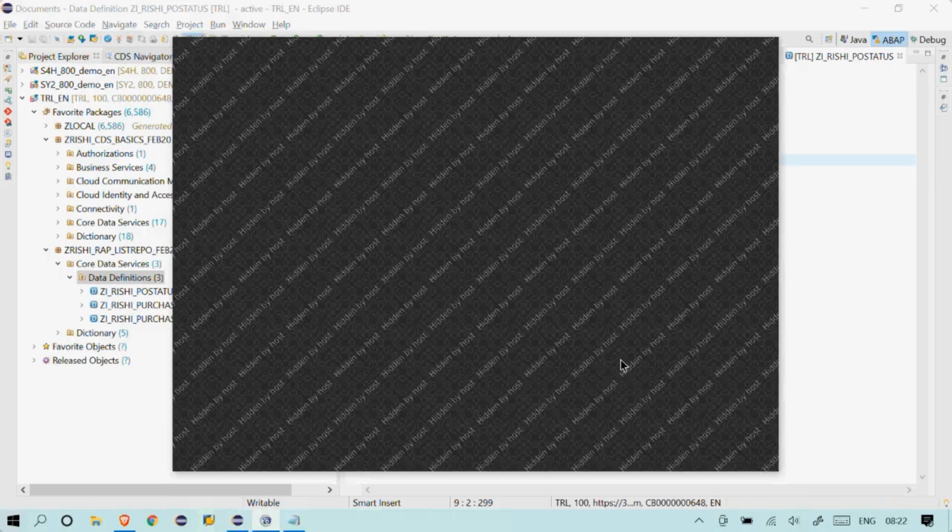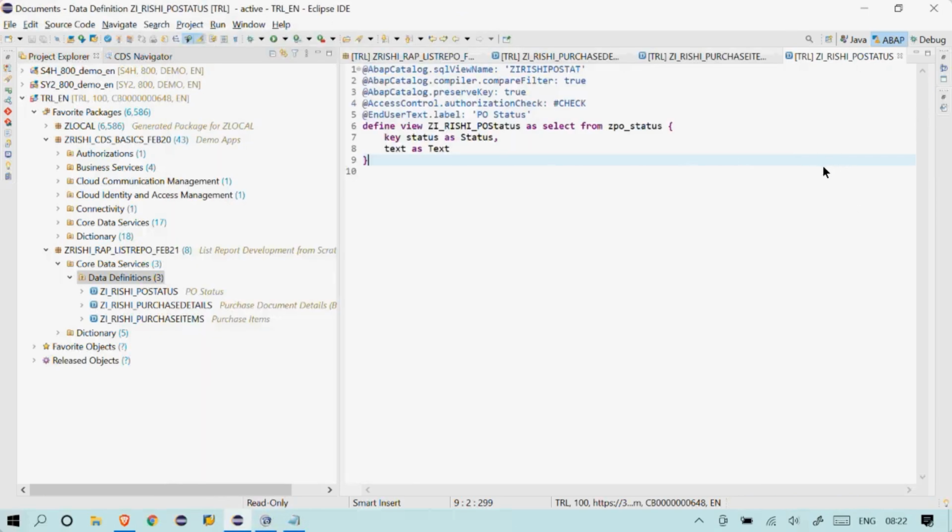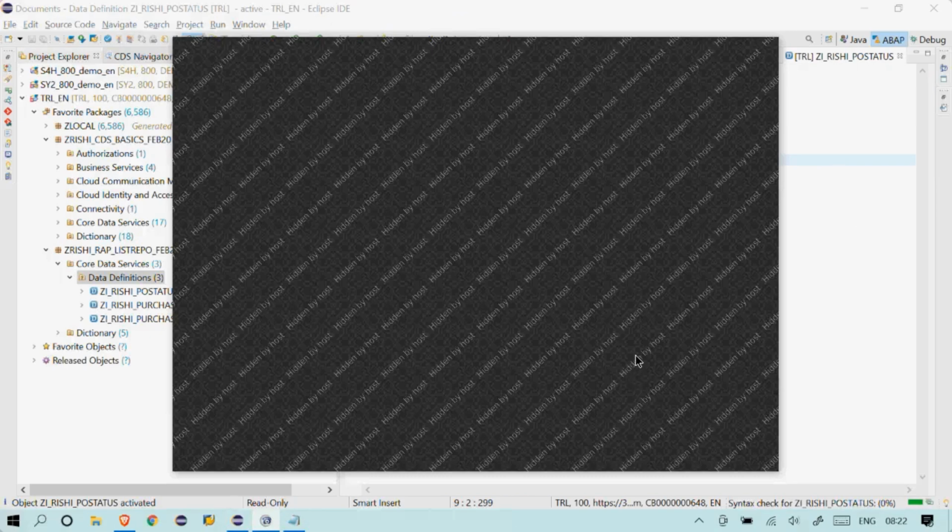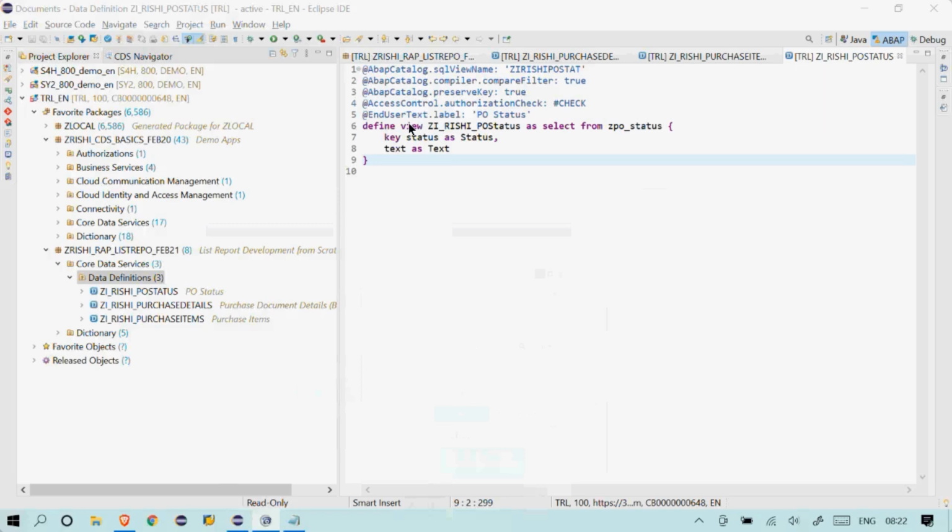Yeah, thank you. Can we use define view entity instead of define view? I heard it is the new one. Lenny is asking a question: can we use define view entity instead of define view? So what I would suggest is we can still use define view entity.